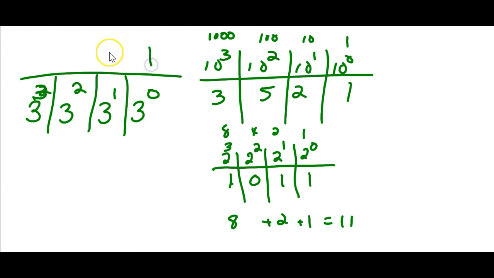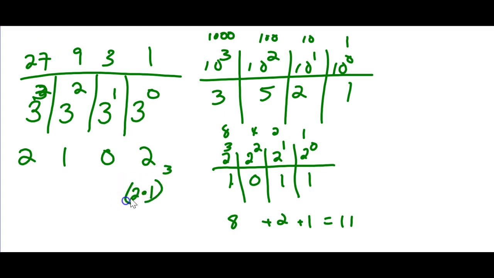And so this is like having 1, 3, 9, 27. So if I've got 2, 1, 0, 2 in base 3, if that's my number in base 3, it means I have 2 1s, 0 3s, 1 9, and 2 27s. So you could say this is like 2 times 1 plus 0 times 3 plus 1 times 9 plus 2